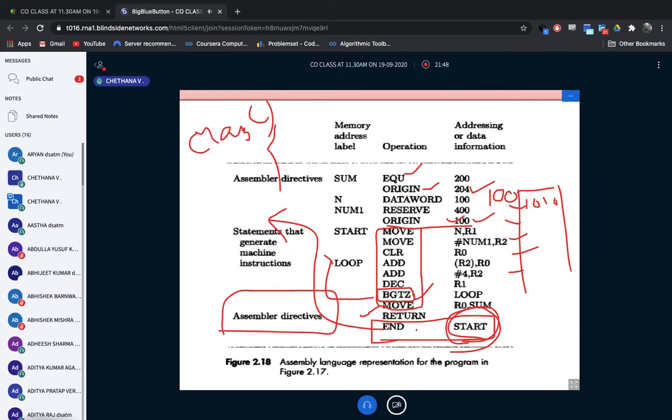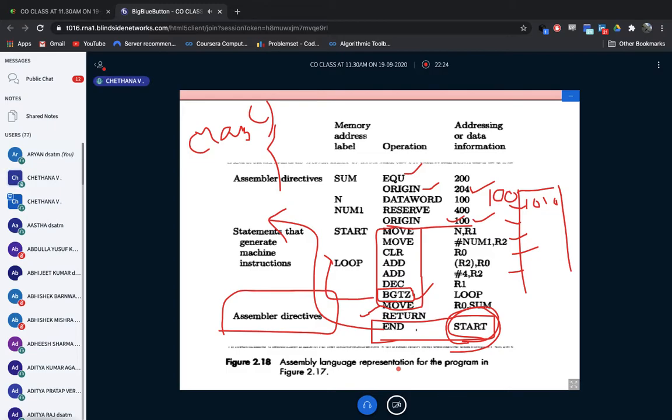Now can you type for me what the assembler directives are? One by one you have to type the answer. Which are all the assembler directives I have explained to you? Just type it so that I'm able to make out which are in this code. All the assembler directives you have to write, not only EQU. I've given the whole program there. You are able to see it on the screen. Now type the assembler directives.